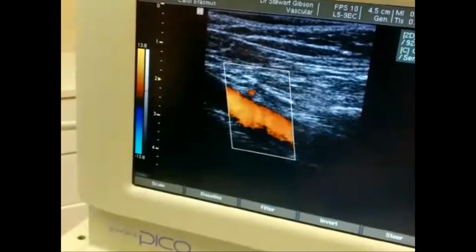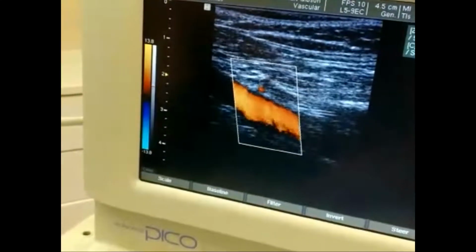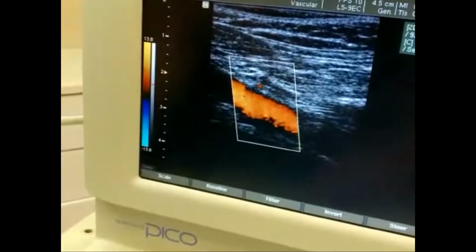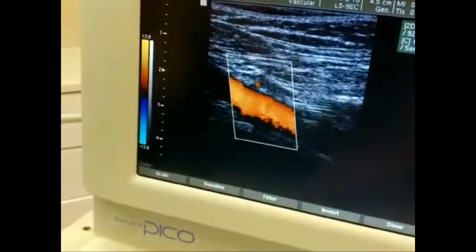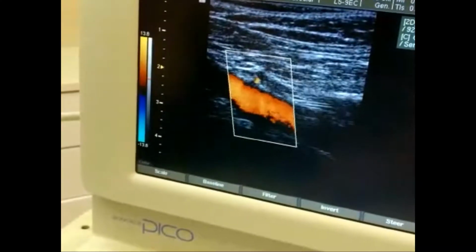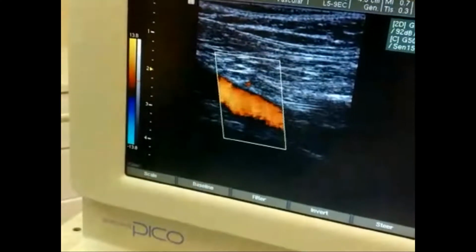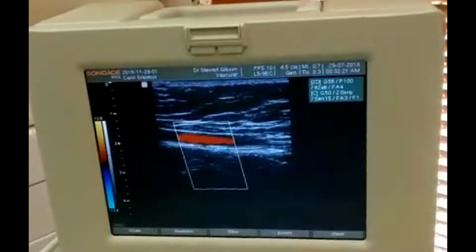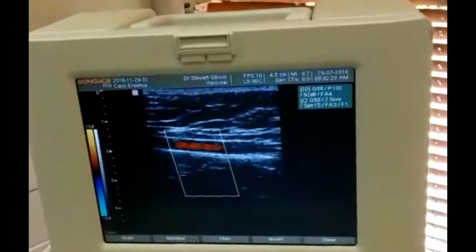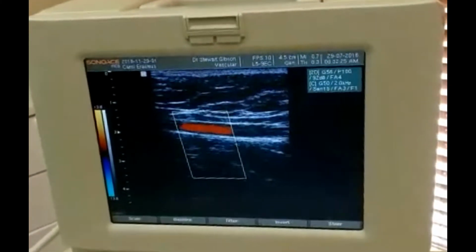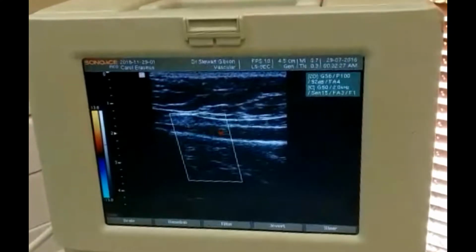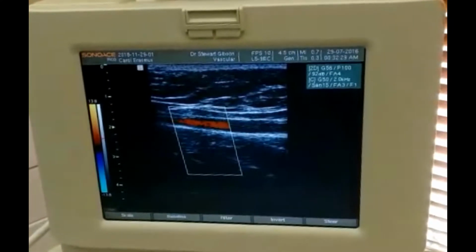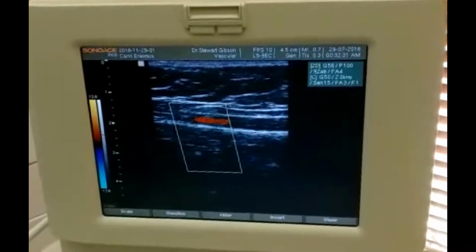at this point. We're going to search a little further down in the great saphenous vein and see if we don't find an arteriovenous fistula. This is a finding that we see in between 1 in 20, 1 in 25 patients. We are now 7 or 8 centimeters below the sapheno-femoral junction crease, and we're looking at the great saphenous vein on the right. If we follow it higher up,